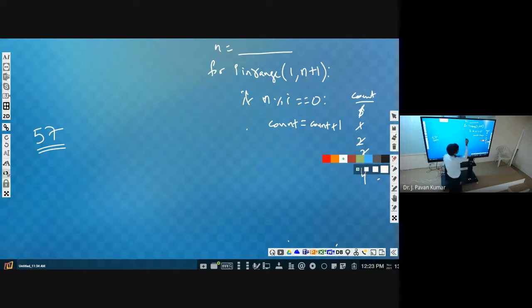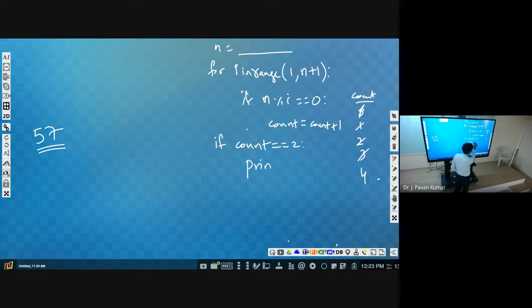After terminating this loop, we will be checking here: if count equal to 2, print... What's the question? Question you read? Prime or not?